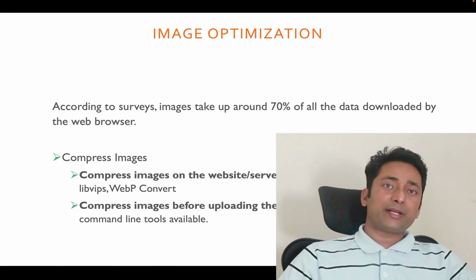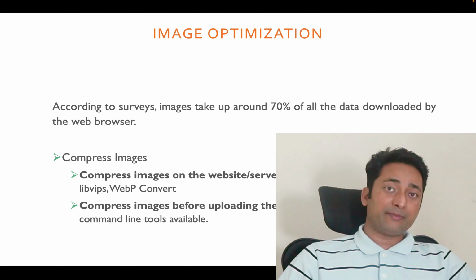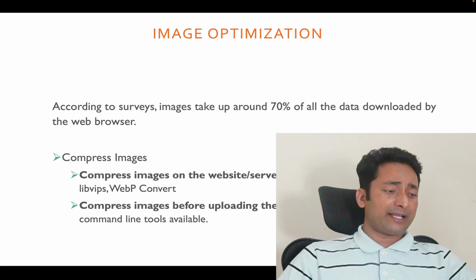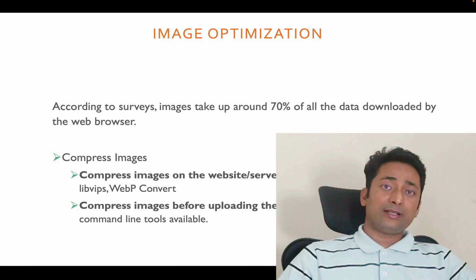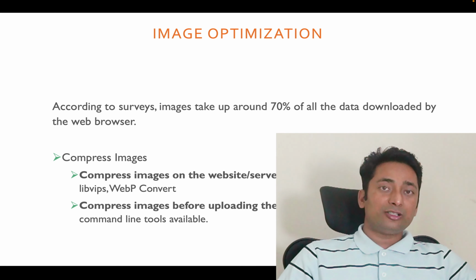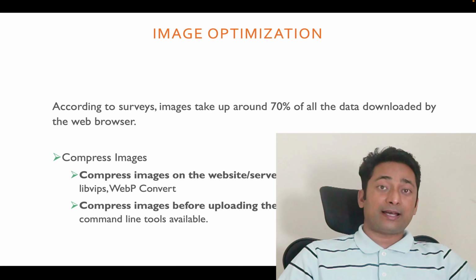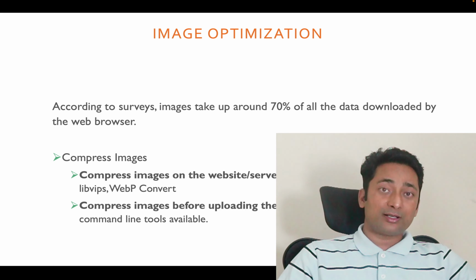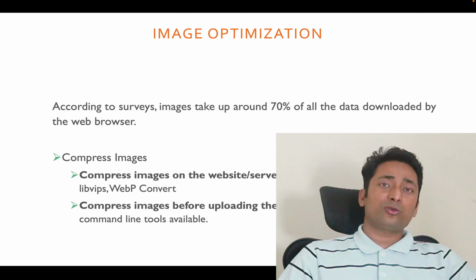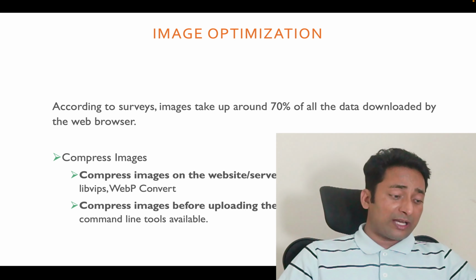Now another way to compress the images is to compress them before you upload them to the server. This is the best way to compress the image for various reasons. One is, if you compress the image even before you upload, you are saving a lot of resources on your server. Basically you are optimizing the image outside your server. So the unoptimized image file is not going to sit on your server and you are going to save these resources, which is going to help you further to save the cost.